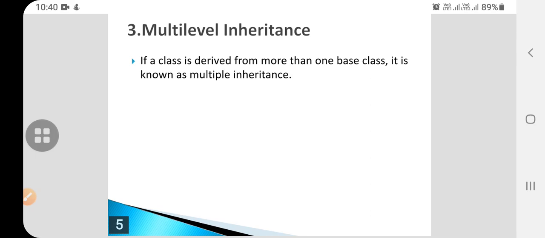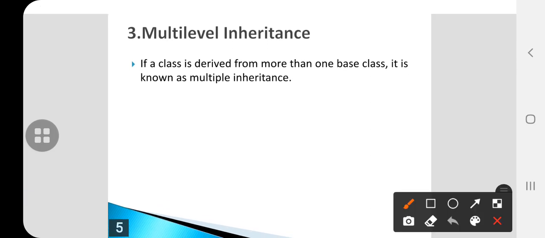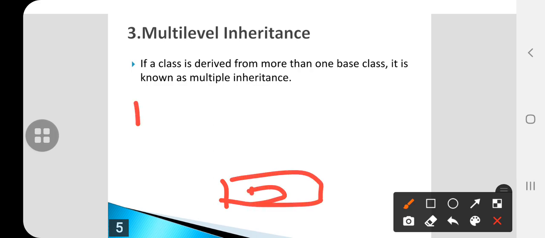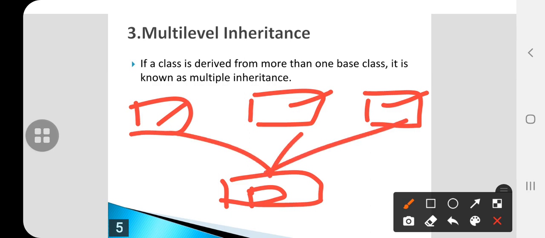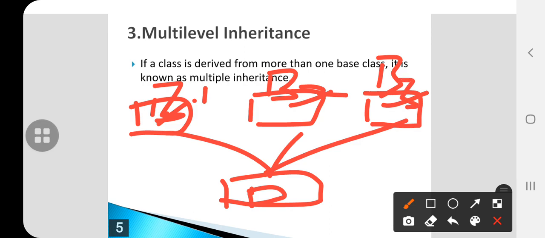So here actually the derived class is 1. This is the derived class. You will be having 3 or more base classes. If you are deriving from 3 or more base classes into one derived class, then it is called multi-level inheritance. Okay students, here you can see that there will be 3 base classes. Assume this as base class 1, this as base class 2 and this as base class 3. And here you have only one single derived class which acquires the properties from all the 3 base classes.